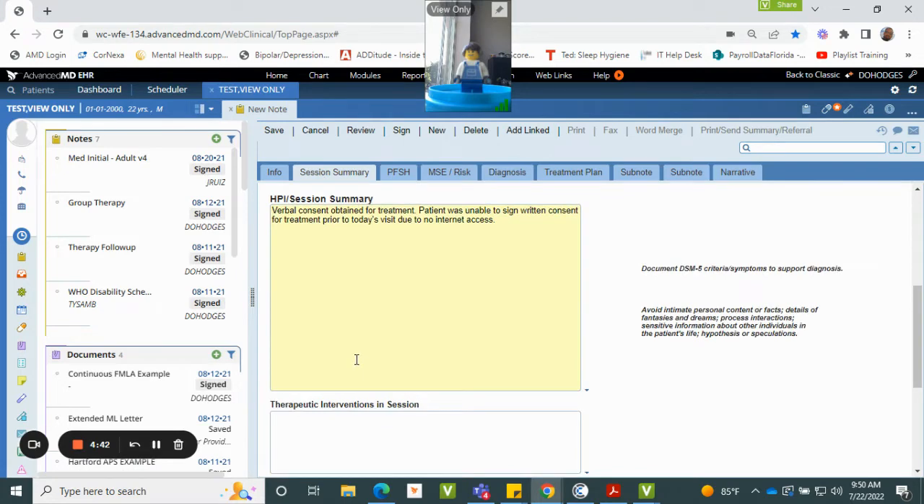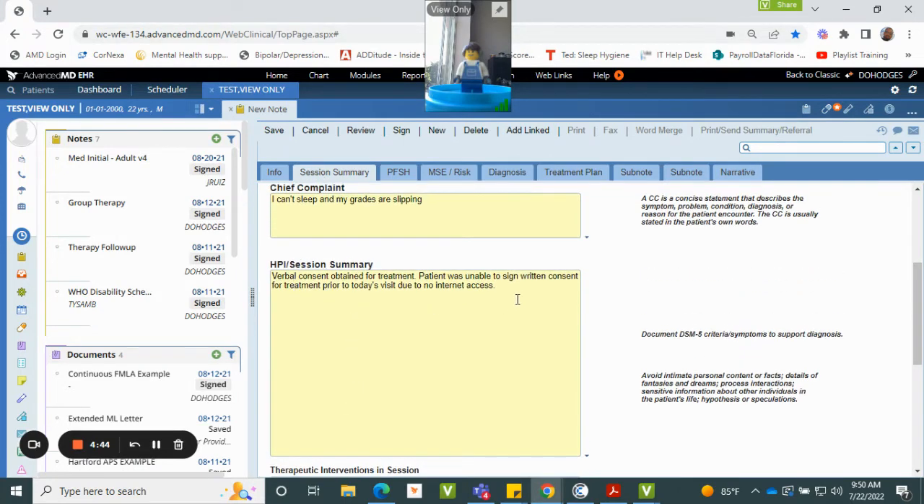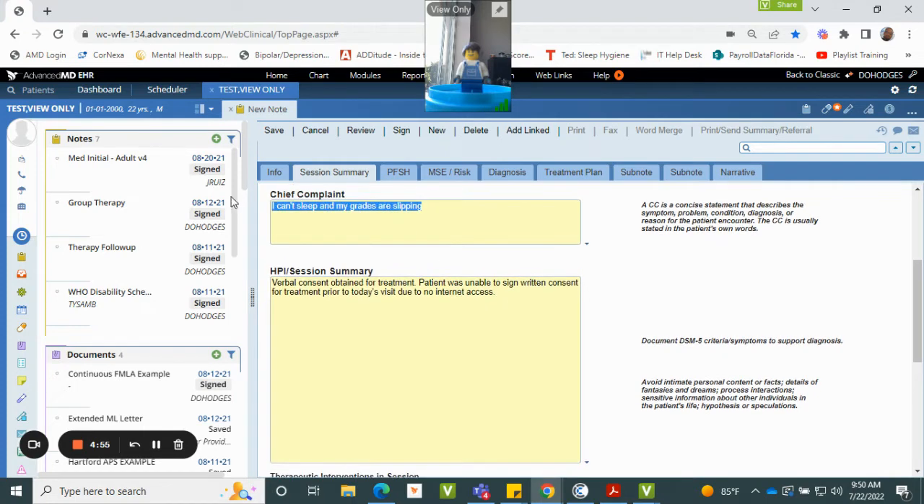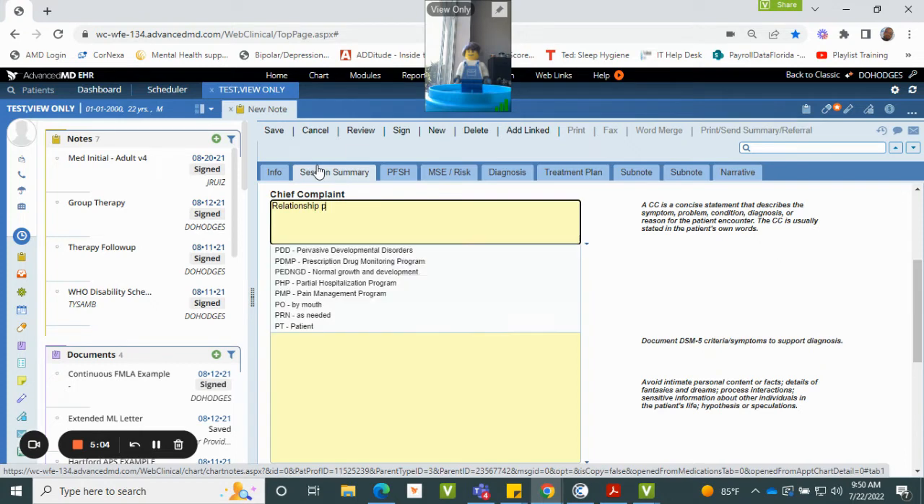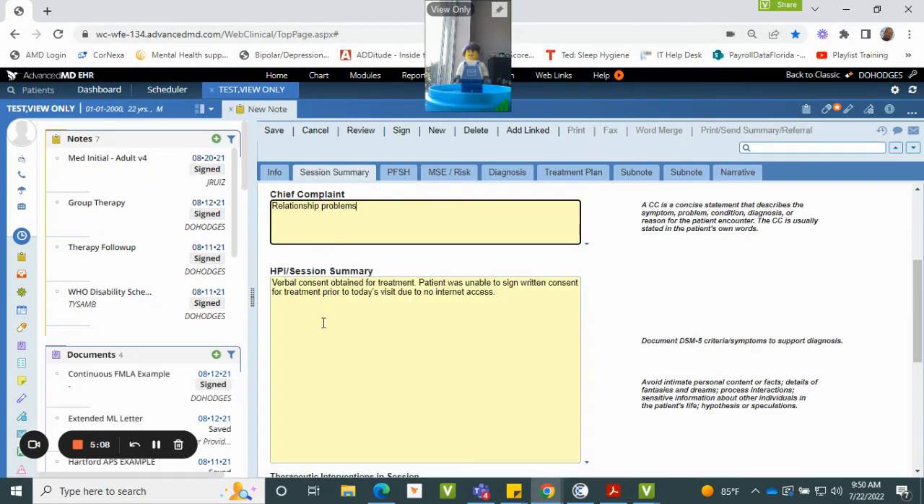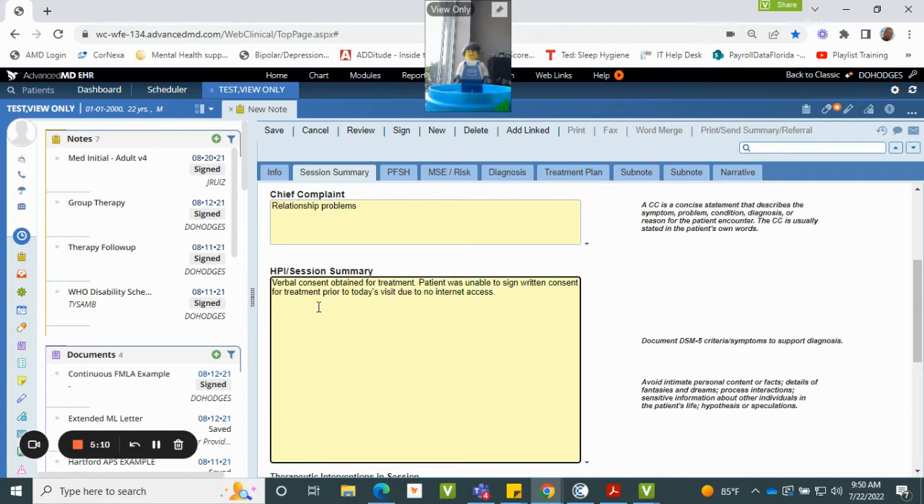So as I go through the note, you'll see in the HPI session, I've already documented that there's verbal consent obtained. And I'm going to want to get into the actual reason why the patient is here. Historically, this is I can't sleep, my grades are slipping. At this point, his chief complaint might be different in the sense of, man, maybe he's having relationship problems. And I'll enter in whatever that chief complaint is,